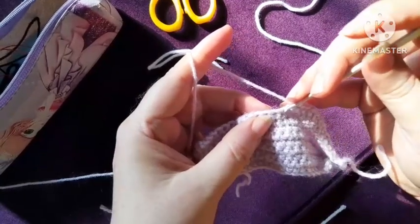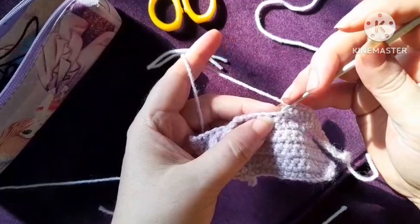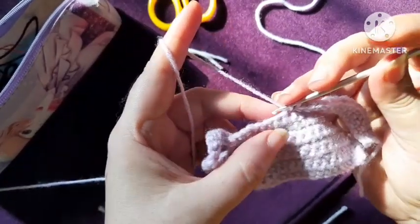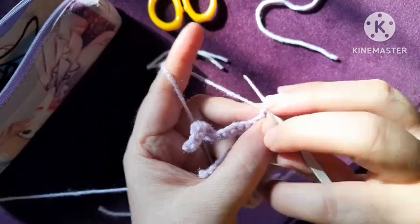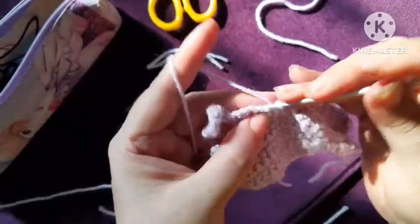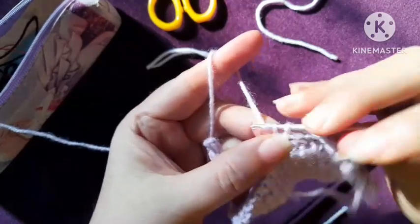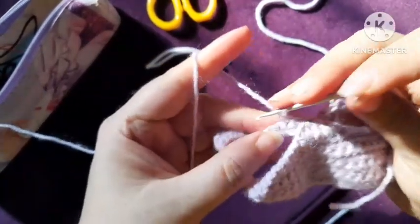Now skip this one and in the second make single crochet. And again, now make single crochet and single crochet for 7 times. 2,